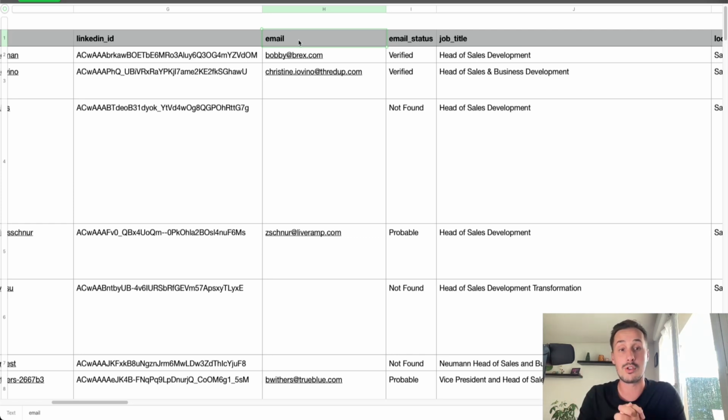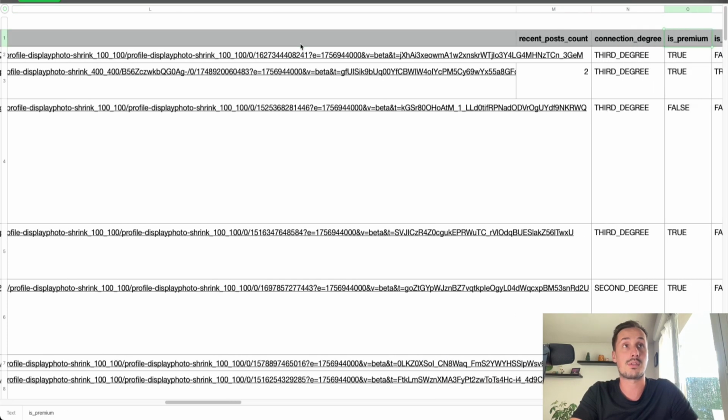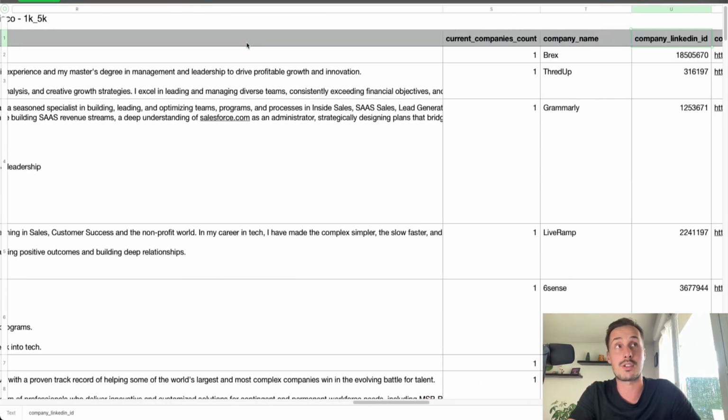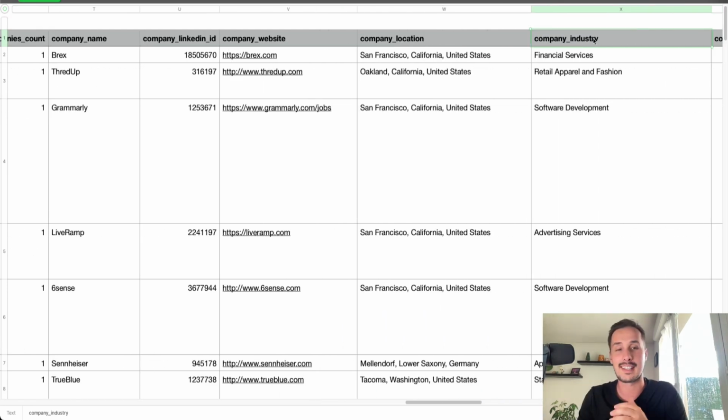So basically all you have to do is to take this file and then upload it in your favorite outreach tool or in your CRM. You have the job title, location, recent post count, connection degree, is premium, summary. You have some information about the company of the lead, so you have the company name, company website, and so on. Of course, I guess that you won't use all this information,